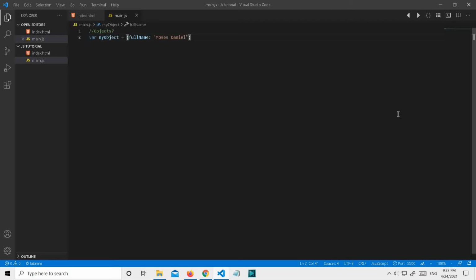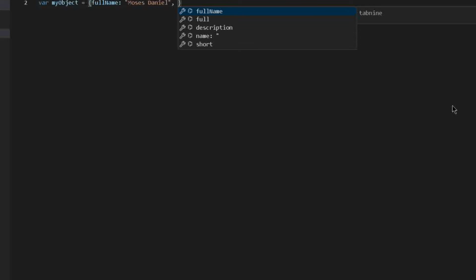Here's my name in the full name key, so you can store key value pairs like this inside an object, and you can define as many key value pairs as you want here.